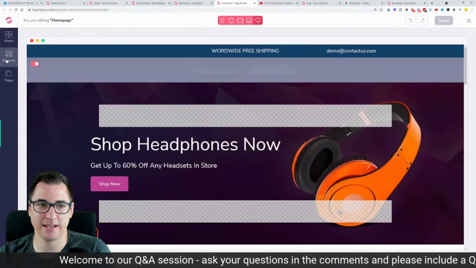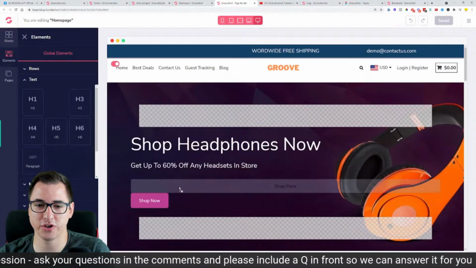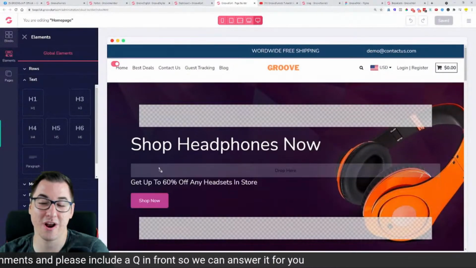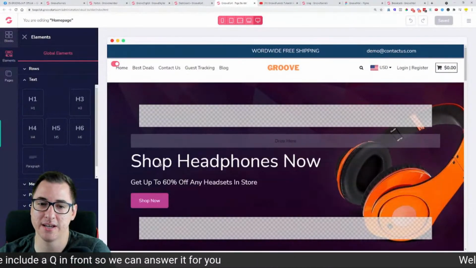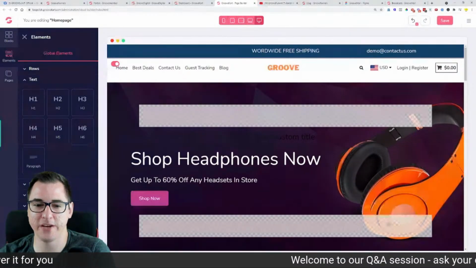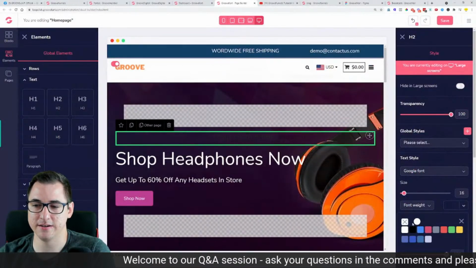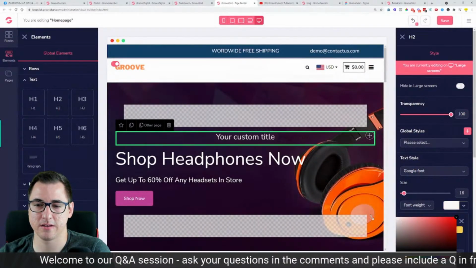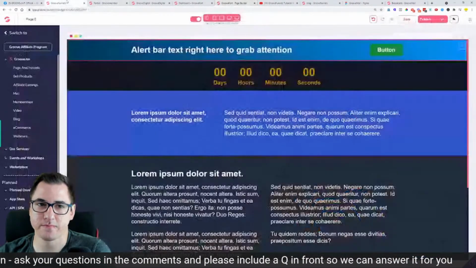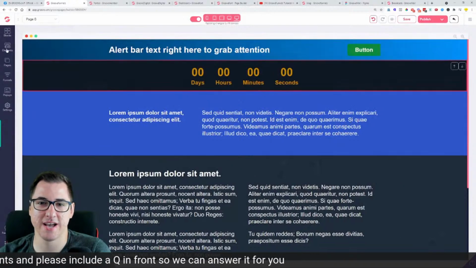It shows a little drop here option, which is nice and snappy, and you really know where the element will be dropped. Something like this, a little bit more subtle, is coming to GroovePages, but it's going to make things much easier to handle. There we go. So this is the actual element that I dropped in. So we are going to add this in very soon as well to GroovePages.